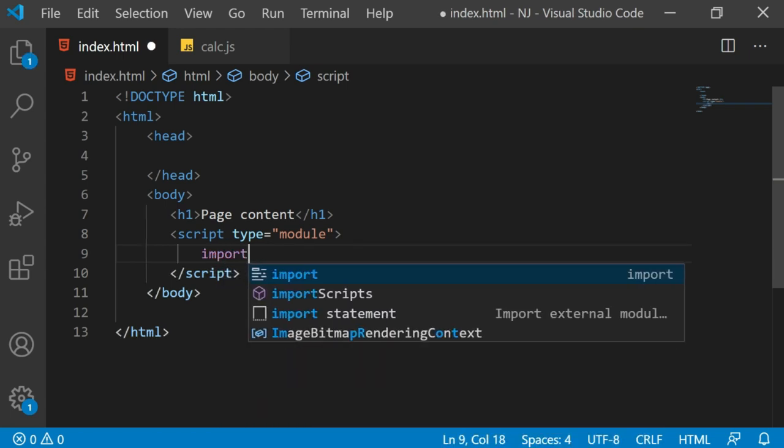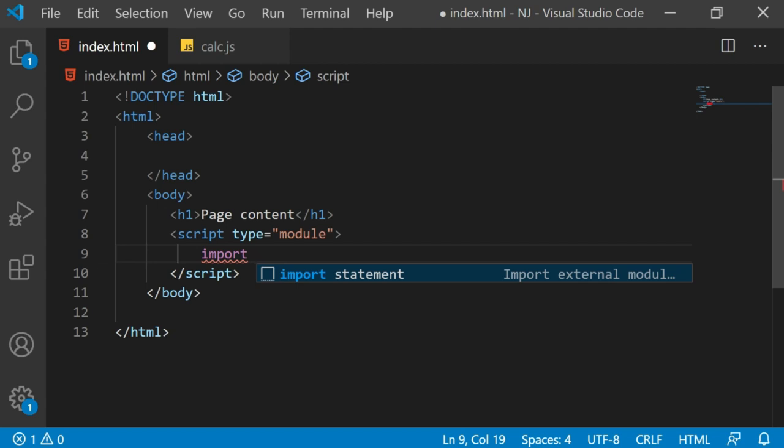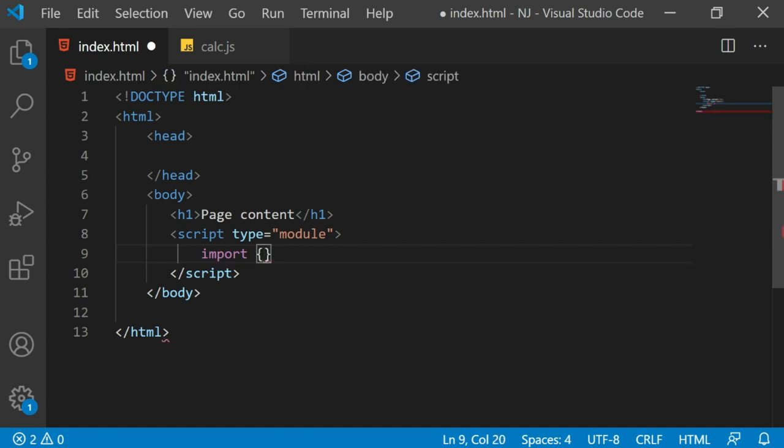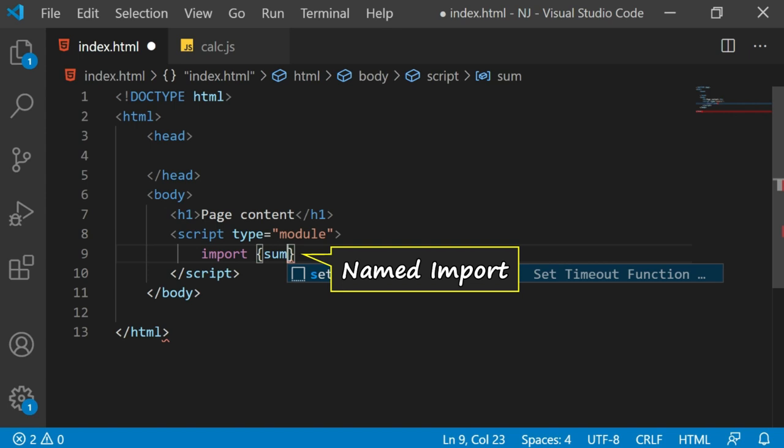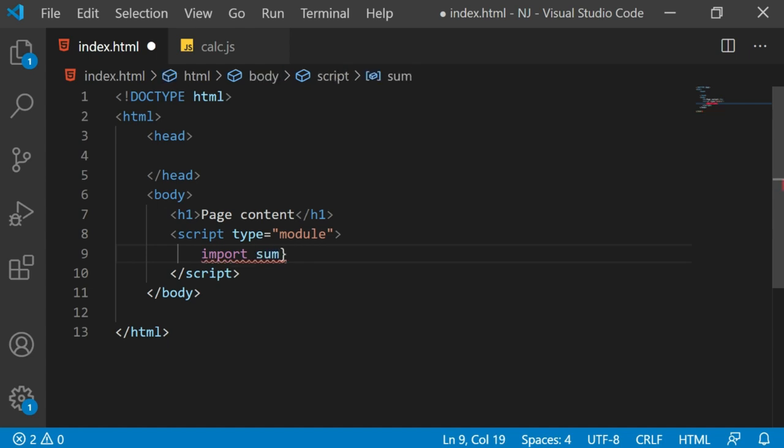Here I'm going to say import. Now, because the kelsey.js has a module called sum and cube, I can say sum. The named import will always have a curly bracket around the name. So here, when you import it, if you avoid curly brackets, it will give you error. If you have default import, then certainly you don't need those curly braces. But that's the next section. Right now, because we have the named export, we need to import with the curly brackets.